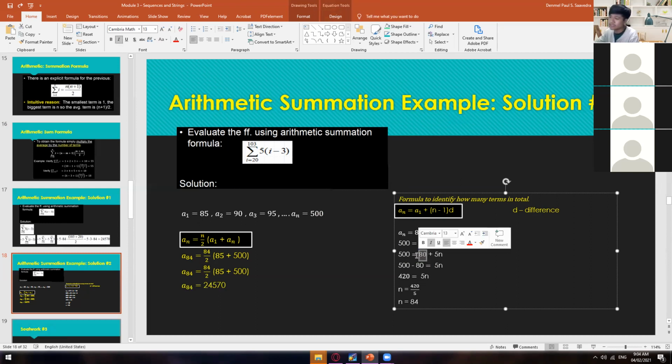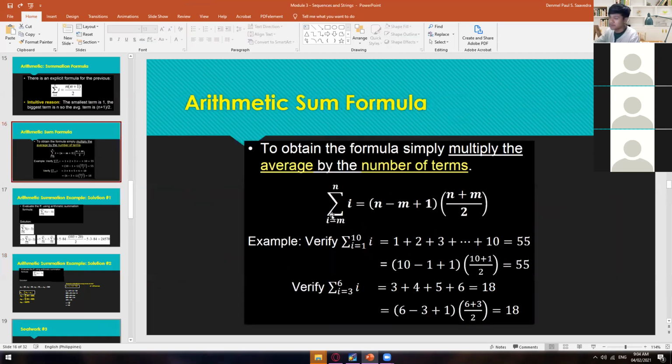And then just transpose this 80 to the other side, so it will become negative 80. So 500 minus 80 is equal to 420. And then for you to be able to get the n, just transpose this 5 to the denominator, or cross multiply. So 420 divided by 5 is equal to 84. So as you can see, we have a total of 84 terms out of this range, from 20 to 103. Once we already know what the total term is, which is the same with this one, n minus n plus 1,